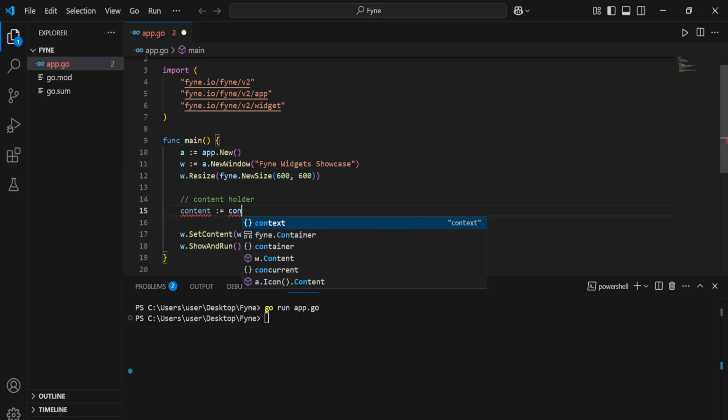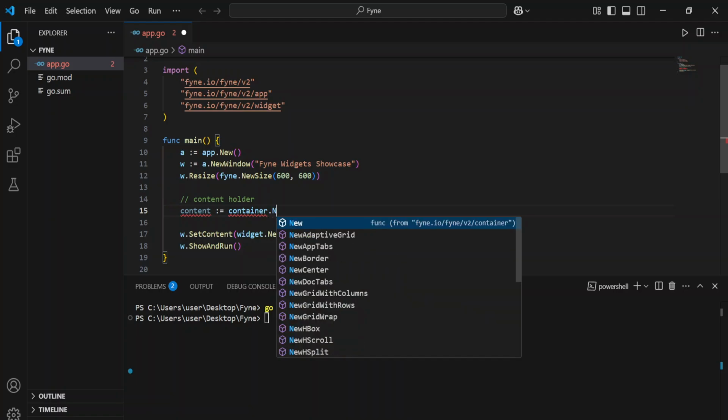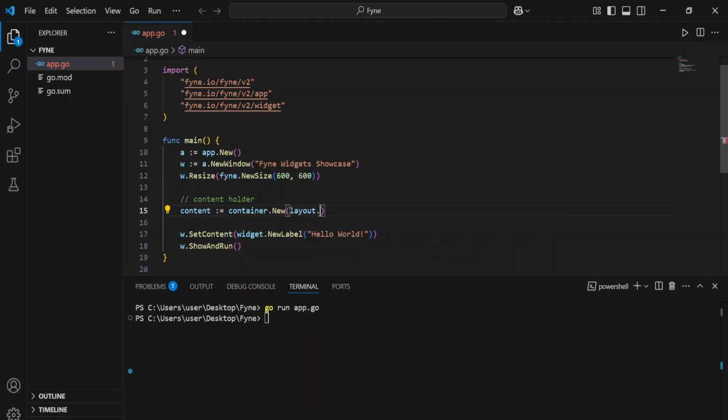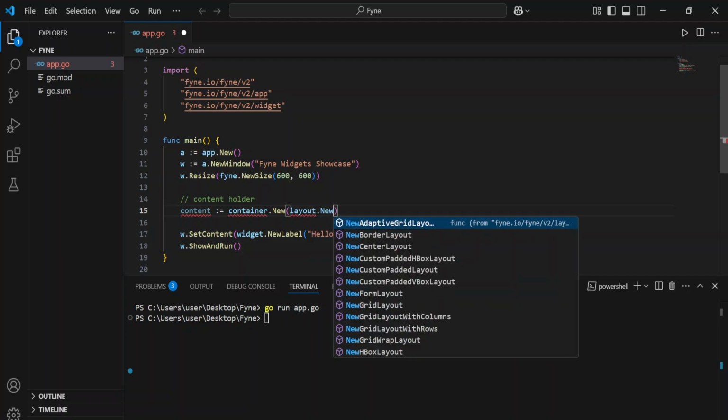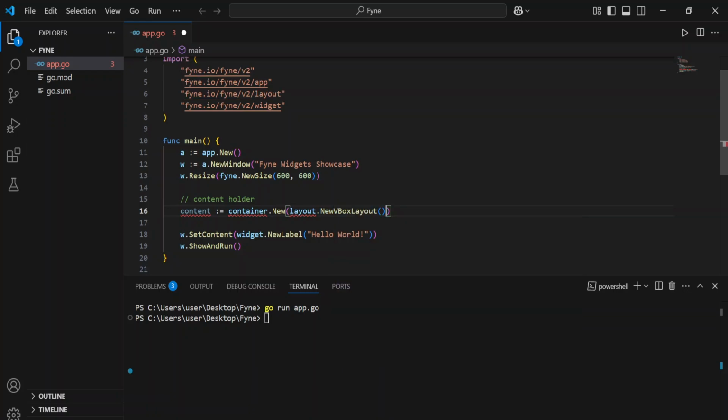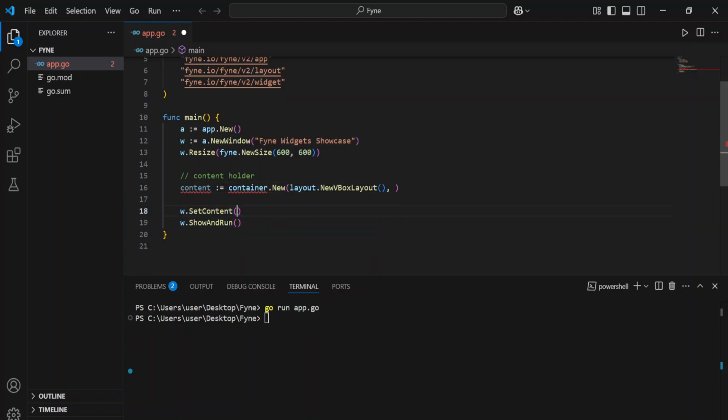It's going to be a container.New, and I'm going to say layout.NewVBoxLayout. Then you can just cut this,